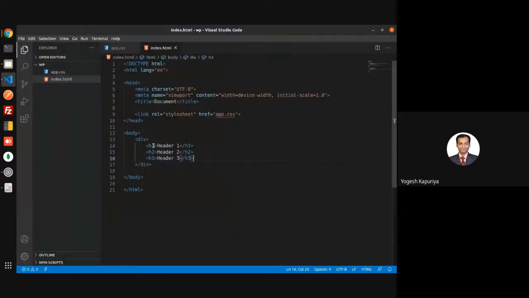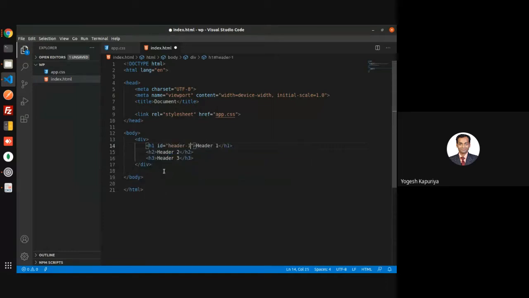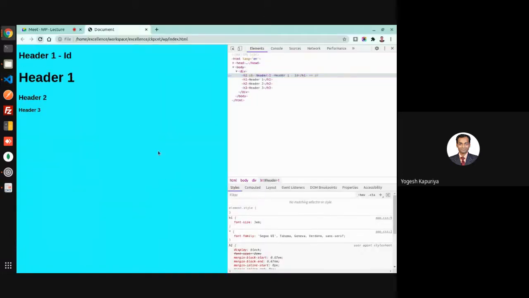Now I'm changing my code and applying an ID to that header, just for differentiating it, let us do it like this.